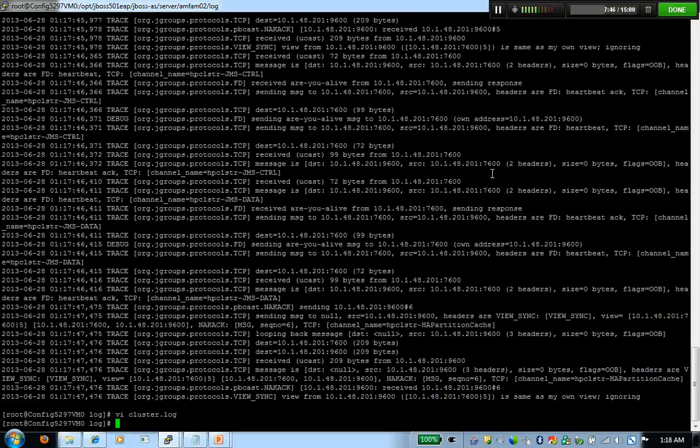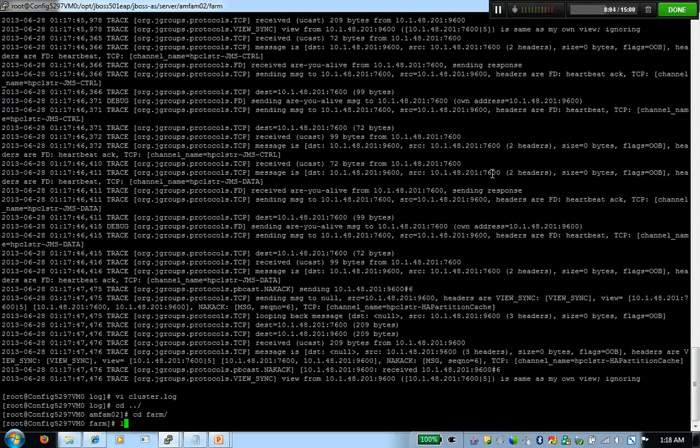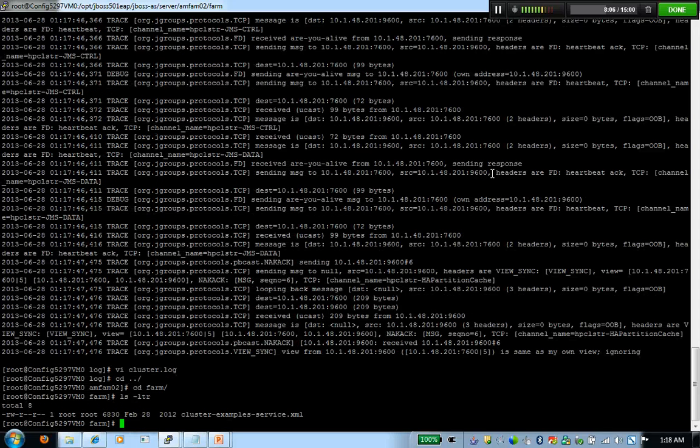Farm-based deployment is nothing but you configure your cluster and you place your deployment, your ER files and your data source and your messaging JMS files in the farm directory of the primary node in here. And once you do that, all the other nodes will automatically pull these files and deploy them as and when they start out. So you don't need to install or place these ER files or data source files or messaging